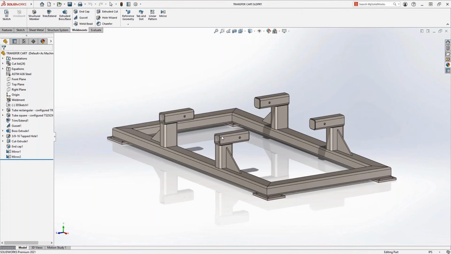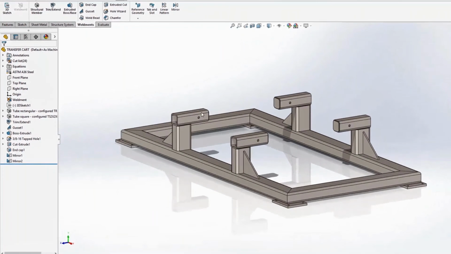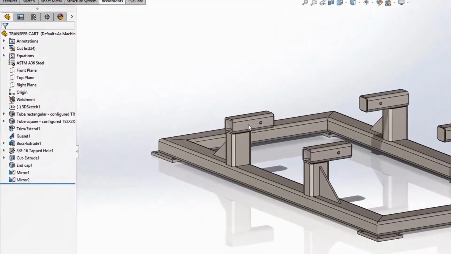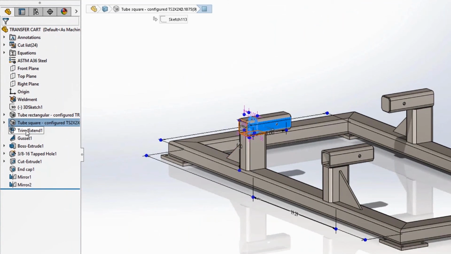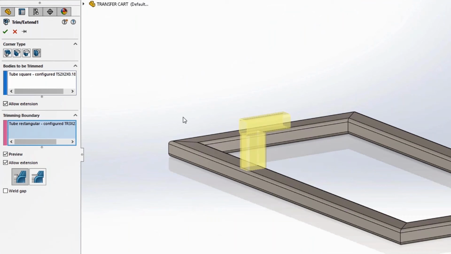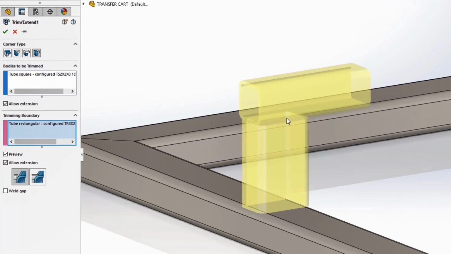Now, moving on to the weldment environment, it is common to use various sizes of weldment members. The horizontal tubes in this frame are 2x2 square tubes, and the vertical tubes are 3x2 rectangular tubes. The weldment trim extend tool is used to trim the tubes to each other with various options for the corner